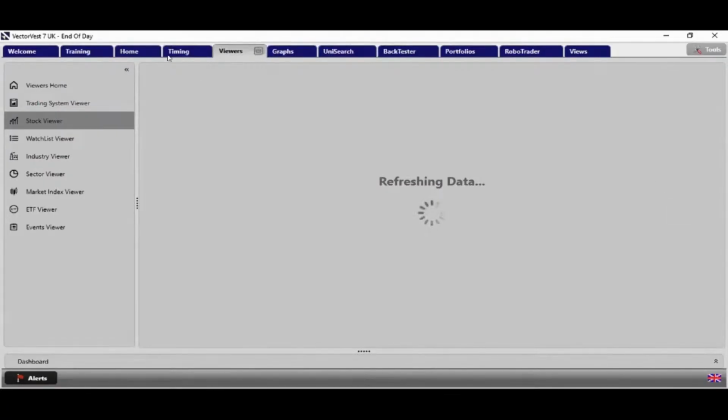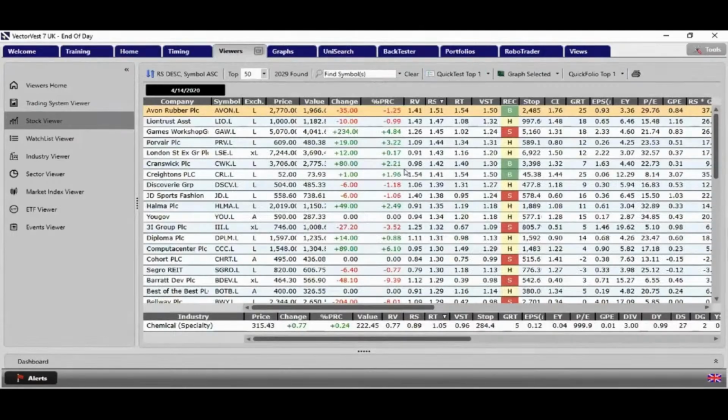Zoom must take a great deal. No, it is. Yeah. There we are. What I've done is I've resorted all of the shares in the market by relative safety, and that's bringing Avon Rubber, Lion Trust, Games Workshop, Pourvert, Cranswick, a great company, Crichton's makes hand cleaning stuff that's used by the NHS. It brings these shares with impeccable balance sheets to the top of the pile, and folks, that's where we want